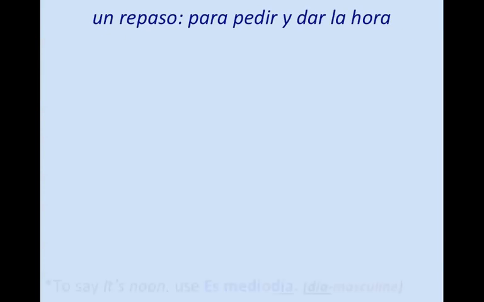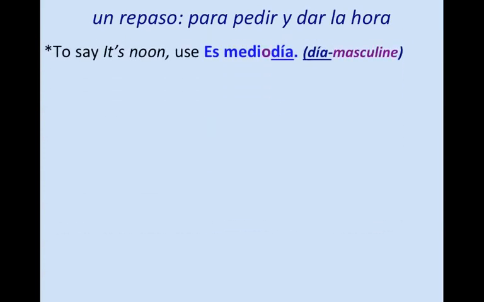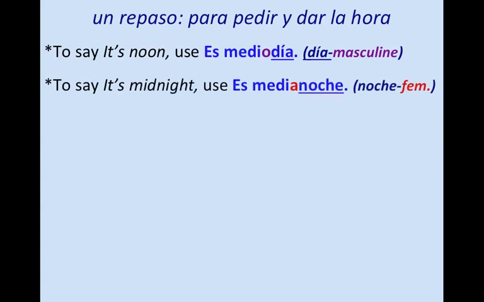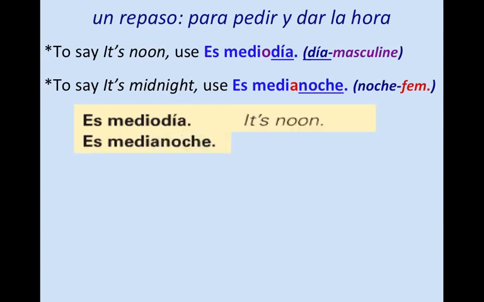Un poco más. To say it's noon, you use es mediodía. Repitan, es mediodía. Now notice the word día is masculine, so the word for half is medio, because it's agreeing with día, mediodía. To say it's midnight, you say es medianoche. Repitan, es medianoche. Noche is a feminine word, so media is feminine to agree with noche. Repitan, es mediodía, es medianoche,